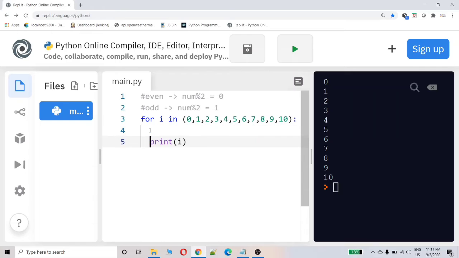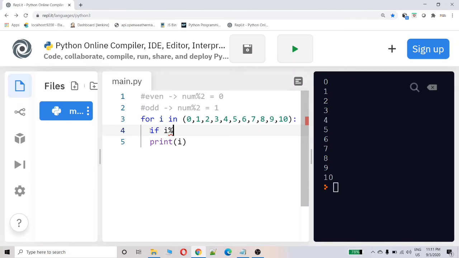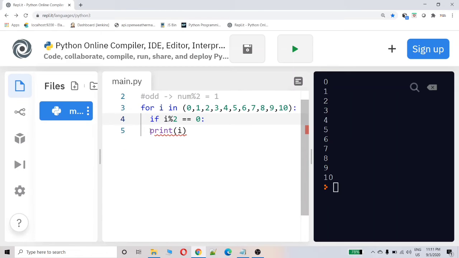Now what I am going to do, before printing I will include one condition. What is my condition? The condition is if i % 2 == 0. That means when the number is divided by 2 and the remainder is 0, then only print the number.